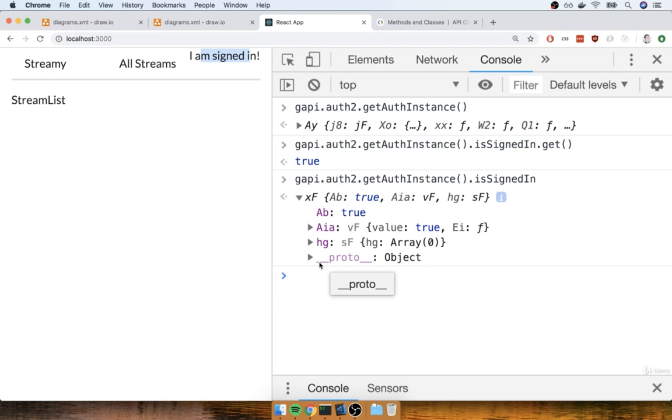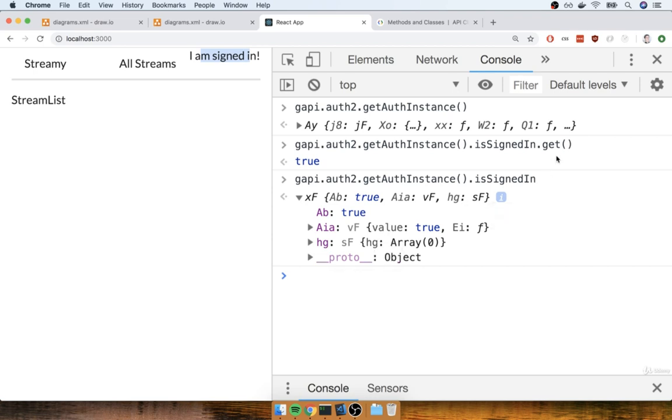Now, if you study JavaScript in depth, you will know that prototypes are how JavaScript does inheritance between different so-called classes. Because remember, in JavaScript, we don't actually have classes. Instead, we have prototypes. Internally, this GAPI library uses inheritance all over the place for assembling all these different functions and objects that we're making use of.